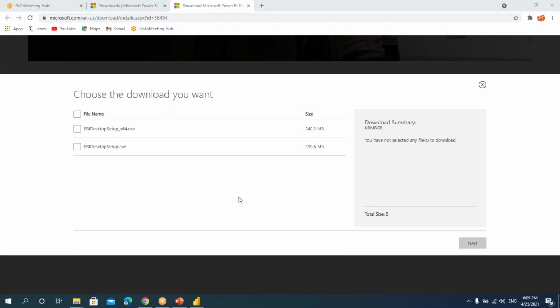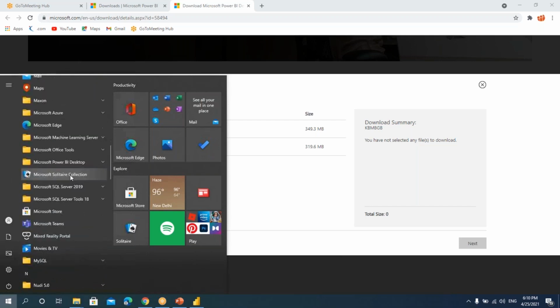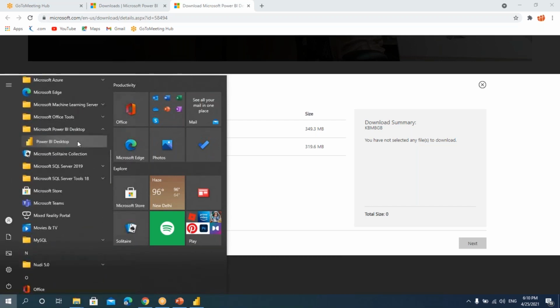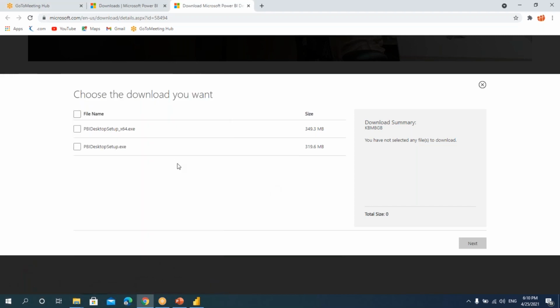Once you install this, you can go to the start button and you can open this. So I will not go and install it because I've already installed it. You can download it and install it. It's very simple. It will take not more than 10 minutes to install.